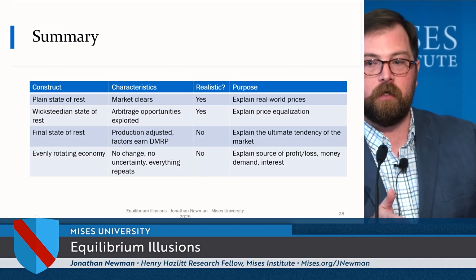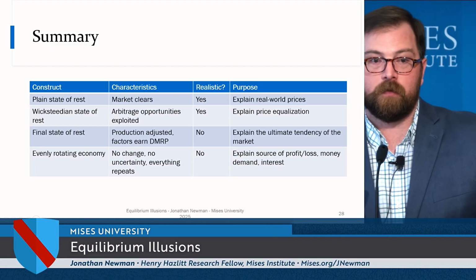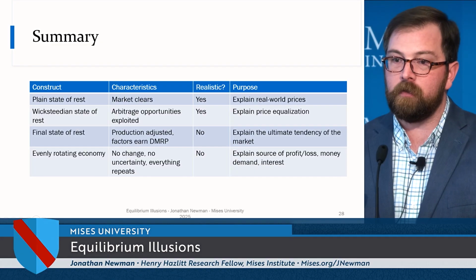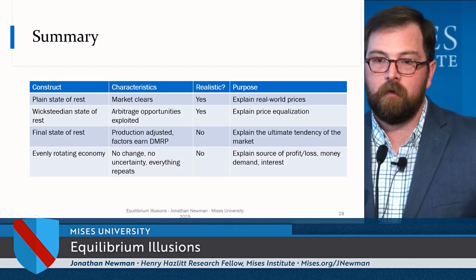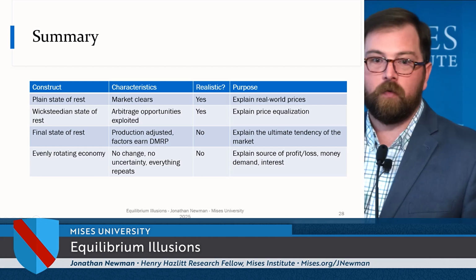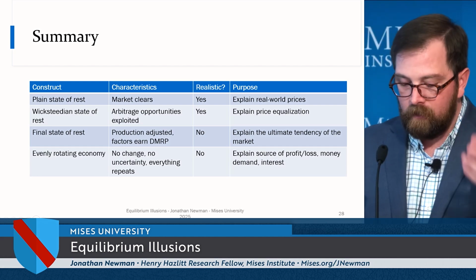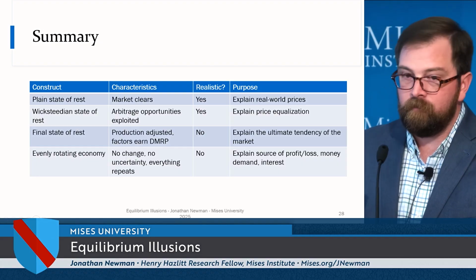Why do they change their bids for different factors of production? And that's because they're aiming towards an FSR. Maybe not consciously, but that tendency, the mechanisms by which profit and loss are eliminated, is explained in that moving towards the FSR state. And the evenly rotating economy, that's where we have no change, no uncertainty, everything repeats, not